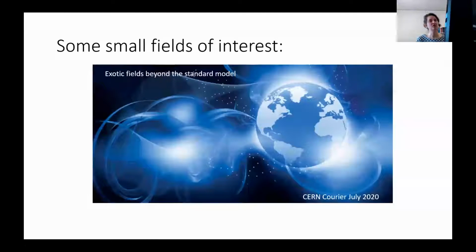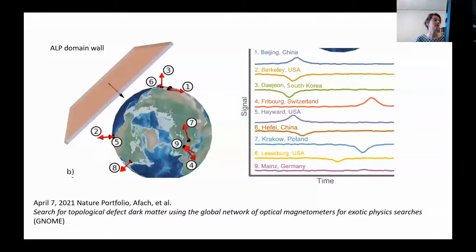There are some small fields of interest that range over a wide variety. This is the most exotic of them. This is trying to measure exotic fields that come from particles, ultralight bosons that are beyond the standard model. The idea is that Earth has events, these particles pass by them. And so there's a